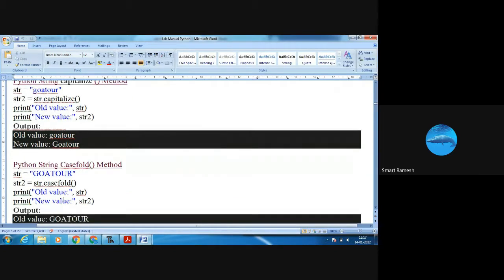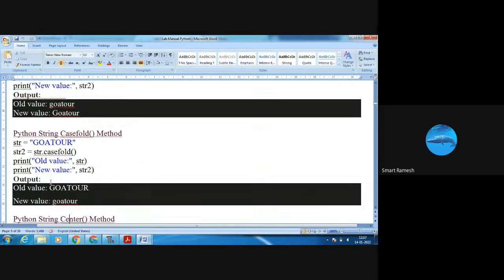Okay, see, str equal to Gova2, str2 equal to str dot casefold. What is casefold? Casefold means it returns the given string in lower case. Okay, see the output. The old value is capital letter Gova2, the new value is small letter Gova2.